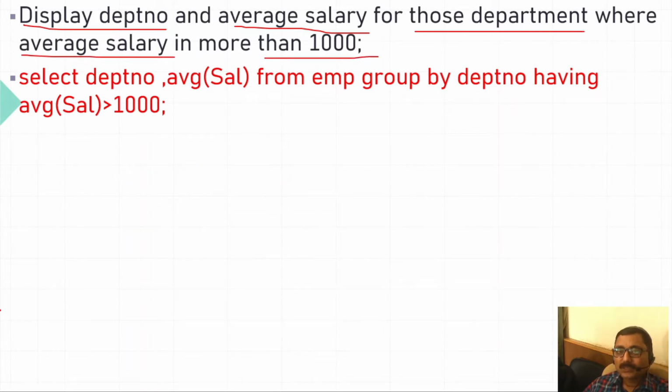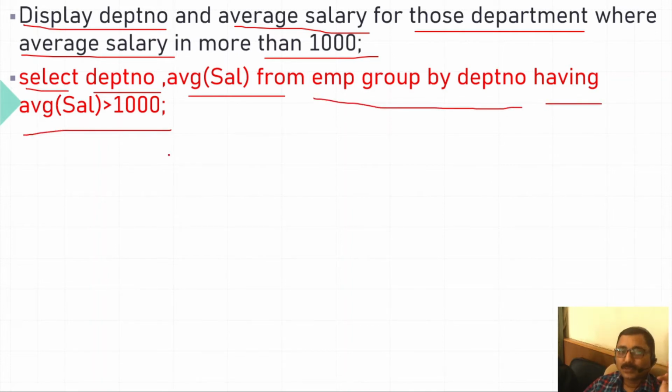Means we want to list out average salary and department number of those departments where average salary is more than 1000. So select DEPTNO, avg(sal) from EMP, group by DEPTNO having avg(sal) greater than 1000, where